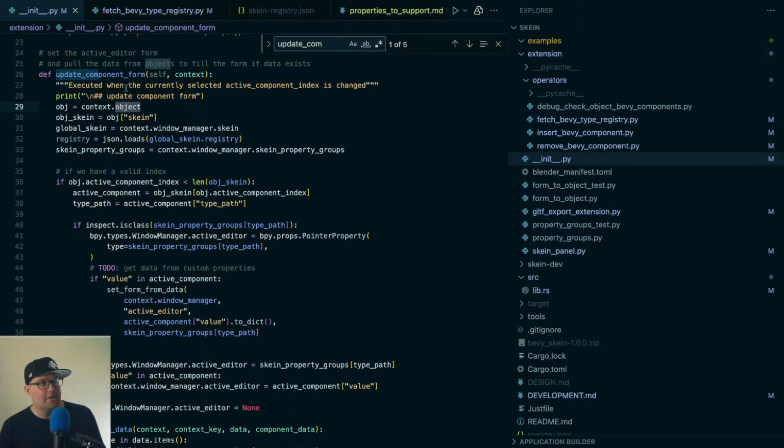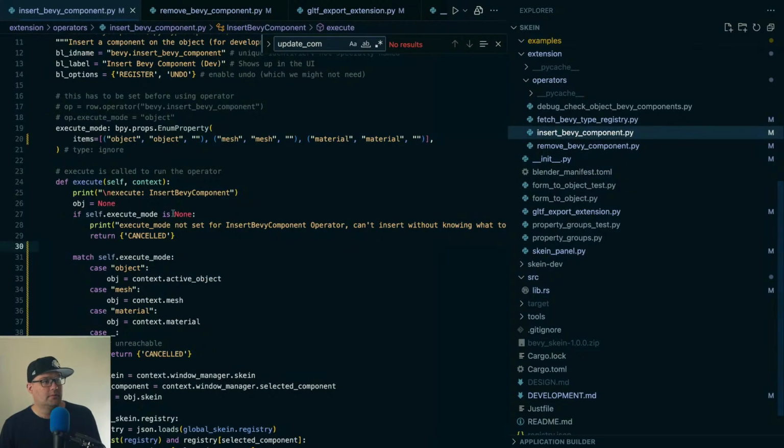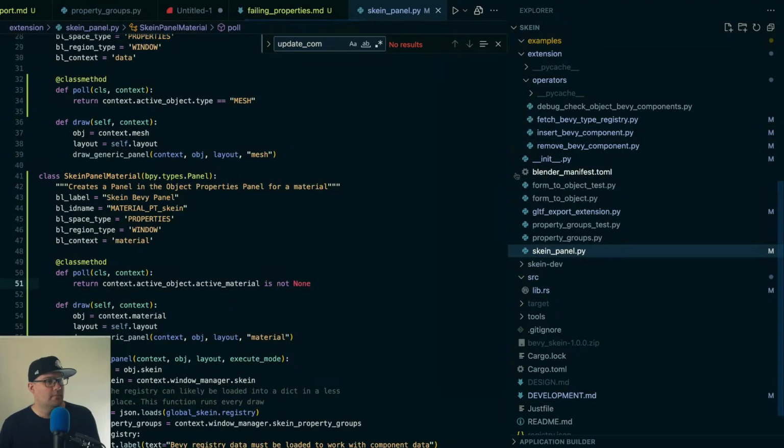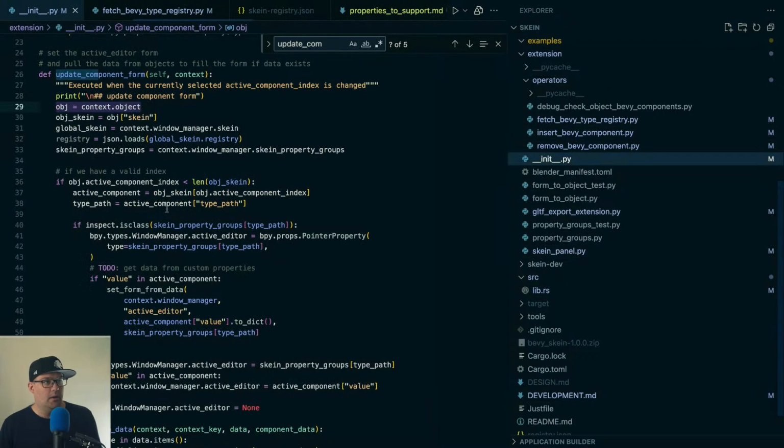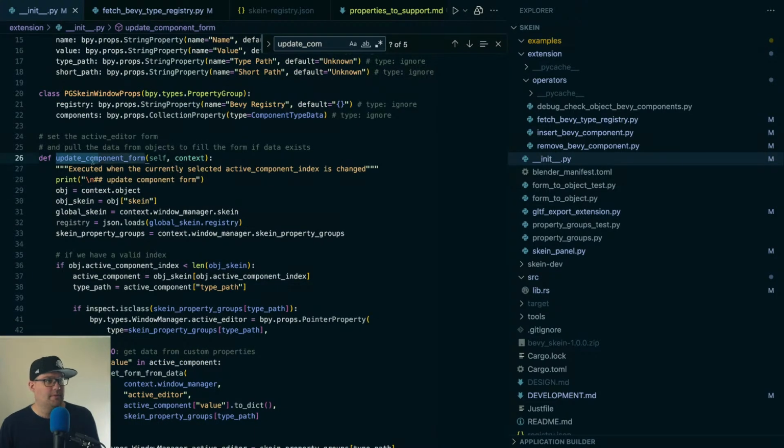We need the same logic. We just need to dispatch on a different context. Right? Like this is what we need to do. And I don't know how to do that without